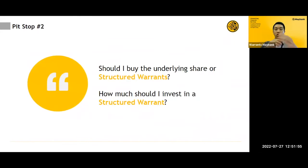Now, after going through all that, you must be wondering, should you buy the underlying share or structured warrants? I have to emphasize that structured warrants are financial instruments designed to be traded and not to be held. Structured warrants provide investors a synthetic exposure to the underlying. However, it's important to note that they do not have any properties of the underlying shares, such as receiving dividends,